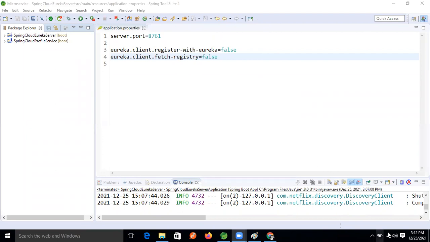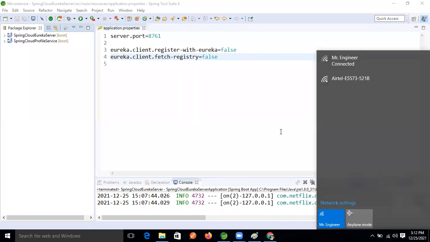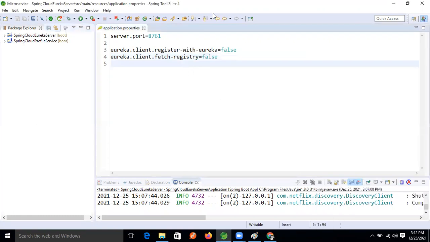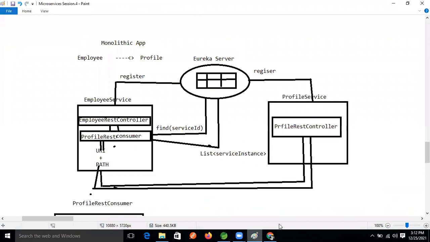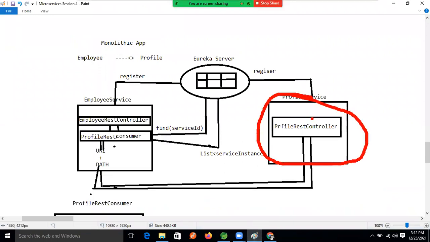Now good. Completed, Ravi. Any disturbance is there? Please let me know that. Okay, one minute, I will connect to another network, guys. Please wait. Now just confirm once, guys. Everything is fine. Okay, good. So I created one microservices project. We are just working on this area now, guys.